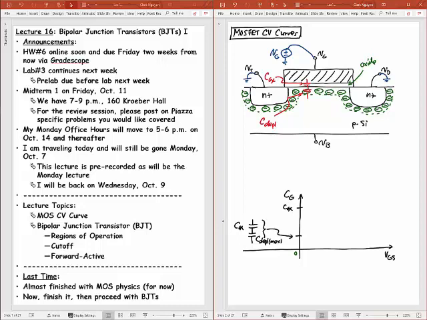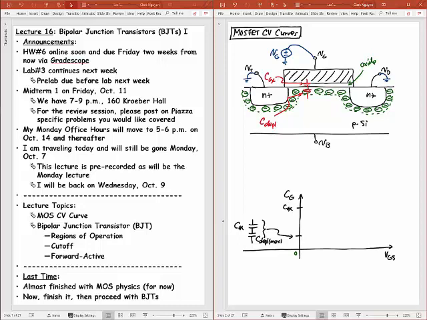Okay, and so now I can try to analyze this. When I have 0 volts on my gate, which is right here, I have the series combination of Cox and C depletion. So series combination of capacitance, right? That's like a parallel combination of resistors. Whichever the smaller capacitor is sort of the one that's going to win, right? So if I take Cox and C depletion in series, what I'm going to get is something like this.